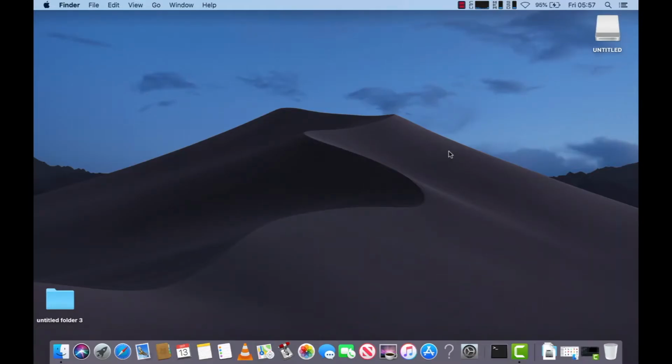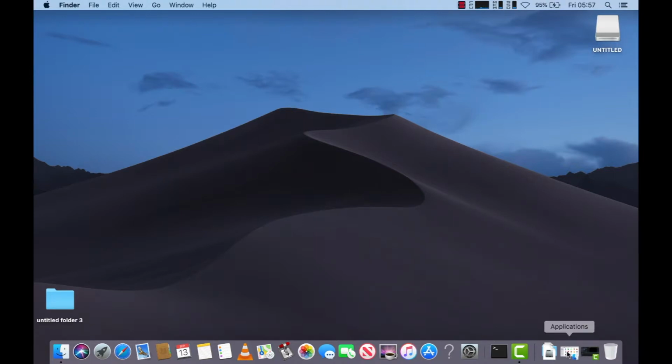In this tutorial, I'm going to show you how to create a Catalina installer using terminal. You're going to want to get yourself an 8GB or more USB stick, and if you have any data on there that you need, I advise you to back it up. Okay, so the first thing you're going to want to do